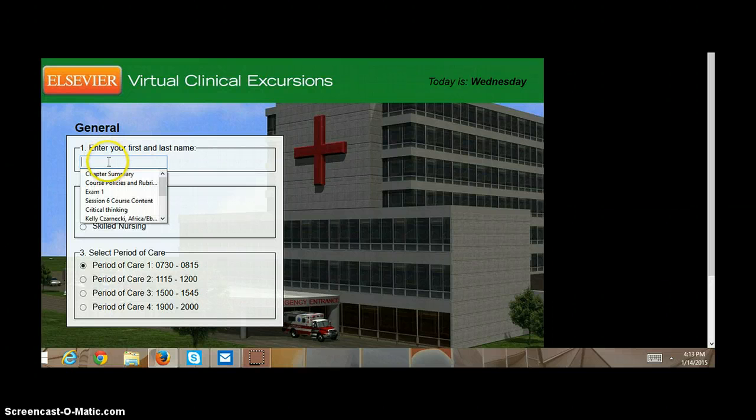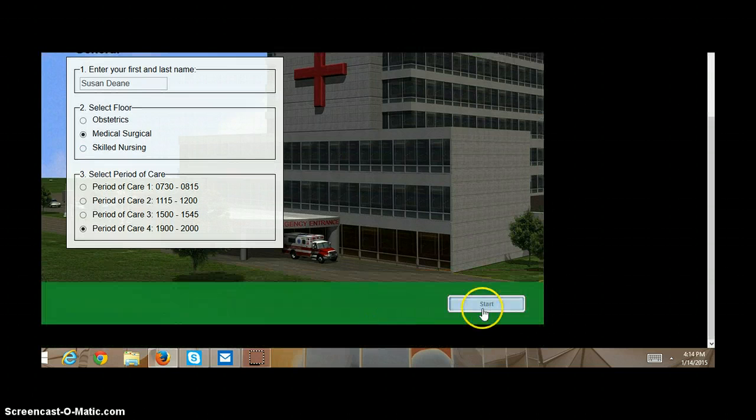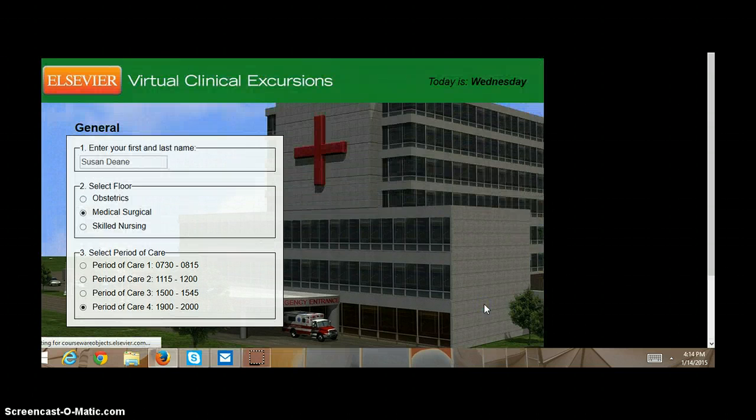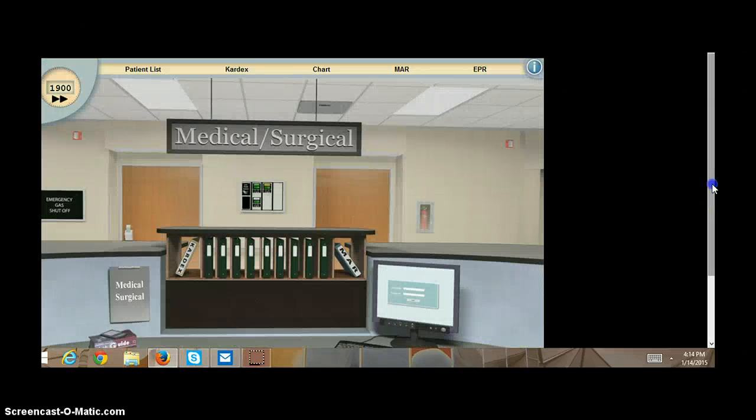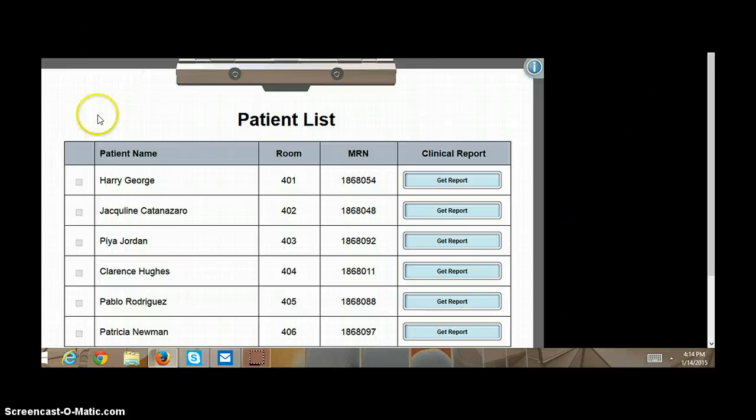Because here, for your nursing care plans, you're going to do the same thing. Put in your first and last name, click medical surgical floor, but here you're going to need period of care 4, because this gives you all the information that you will need for all of the times. Then you click Start. And now you go to the patient list that you are assigned. And if you were assigned Pablo Rodriguez,